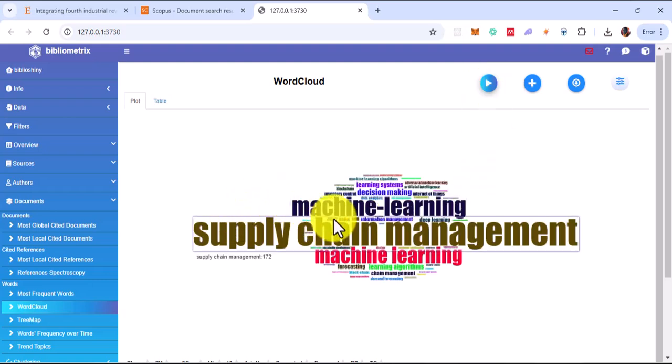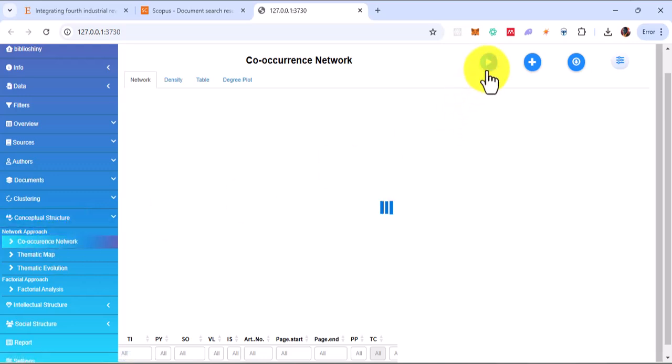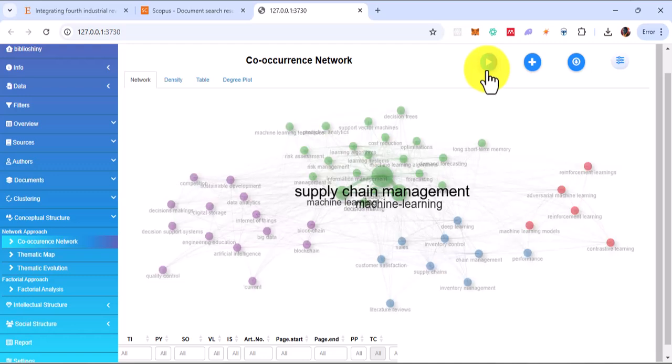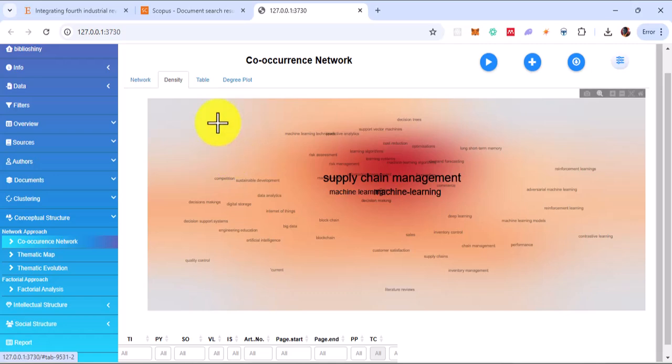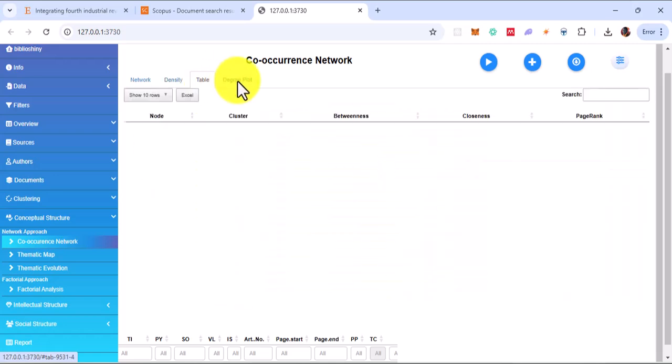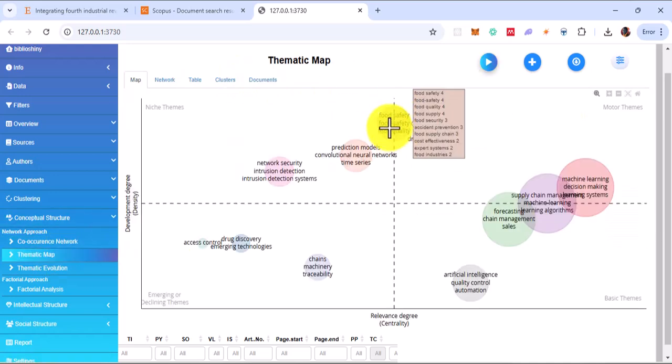You can see now the co-occurrence network, which is what we saw at the beginning of this video. You can see this can easily be put in your output. You can see decision support, decision making, competition with your web interface. You can easily click on what you need and it will give you what you need without any stress. You can see food safety, food quality,